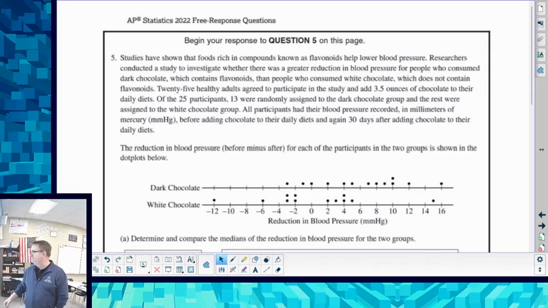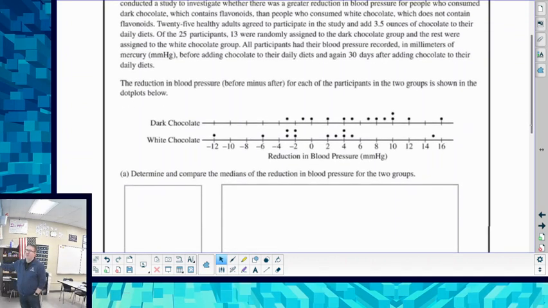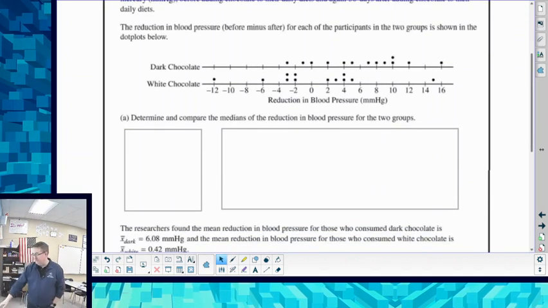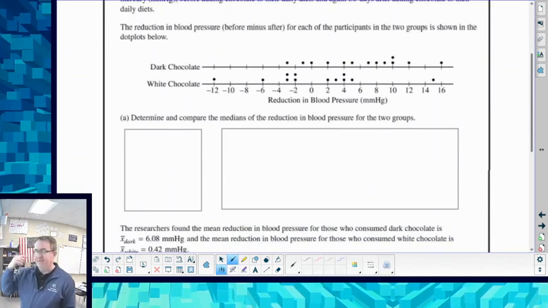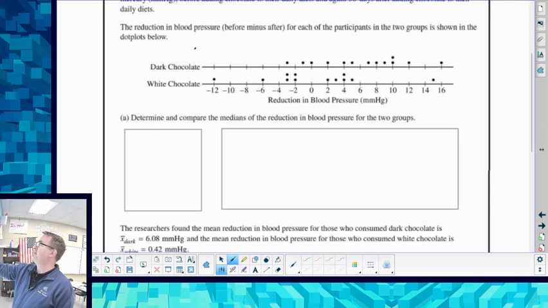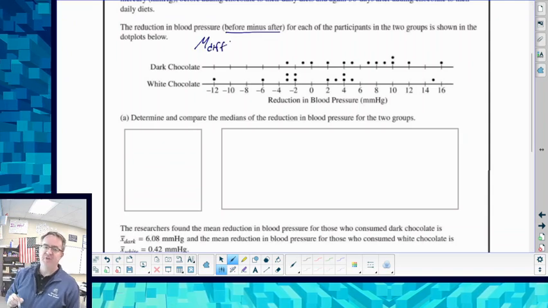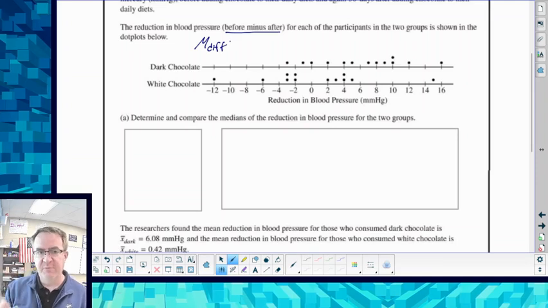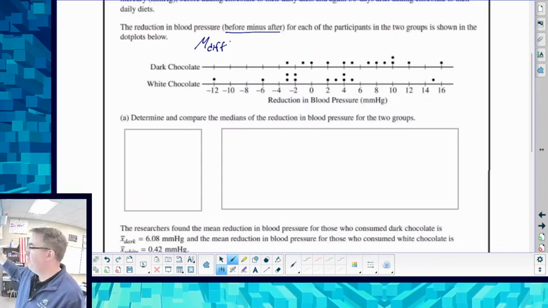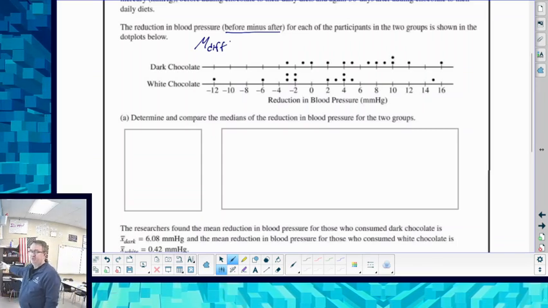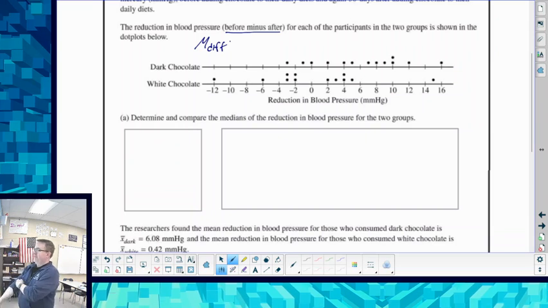Because of that, when we're setting this up, depending upon how they ask you, you may not need to write all this down, but it's still good to have it in the back of your head. I would make a note saying this is the mean difference, before minus after. You have one person taking 2 different measurements. They're finding the difference for each person, and averaging them out is the setup here.